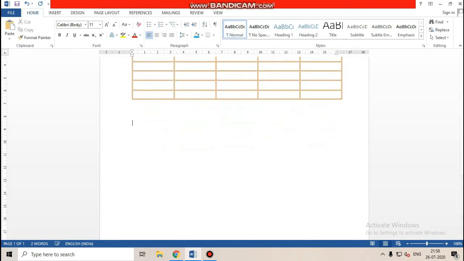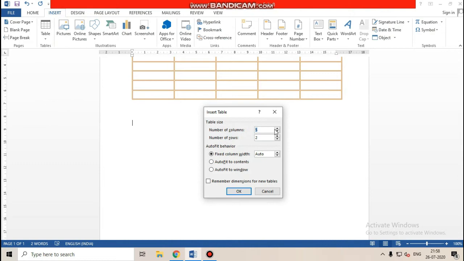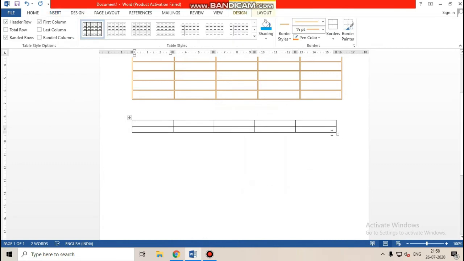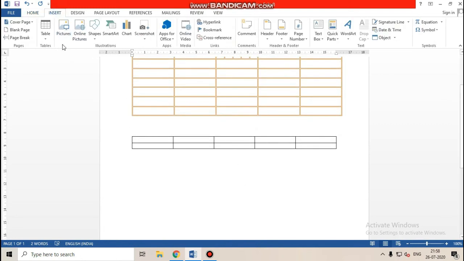One more thing, I want to tell you the difference between Draw Table and Insert. When you use Insert, it asks you for the number of rows and columns. But in Draw Table, when you click Draw Table, it gives you a pencil. Now you can create a table like this.